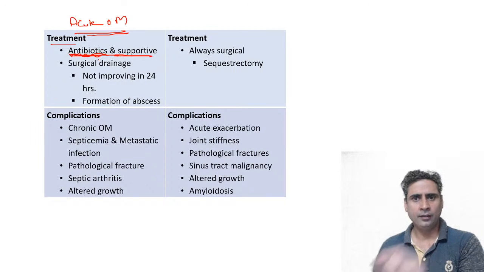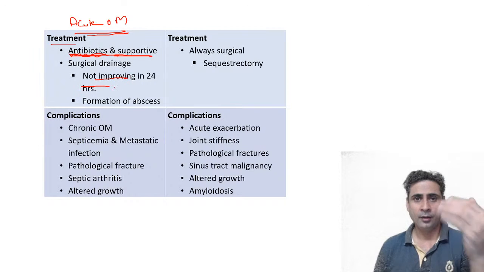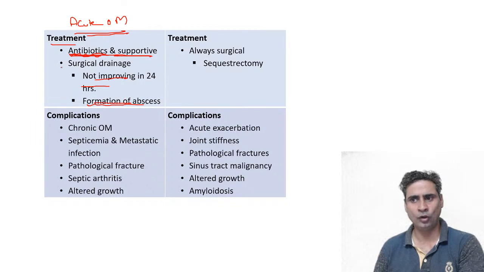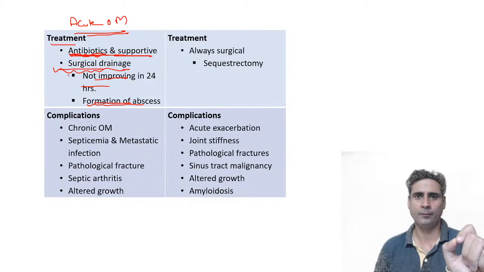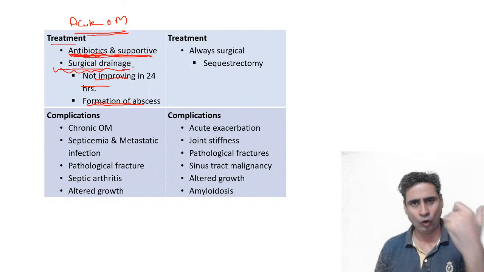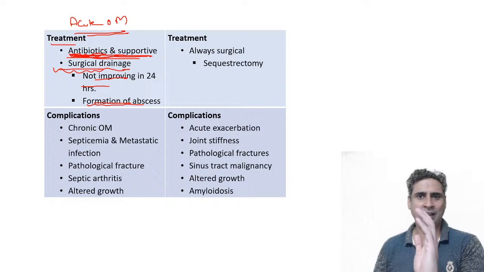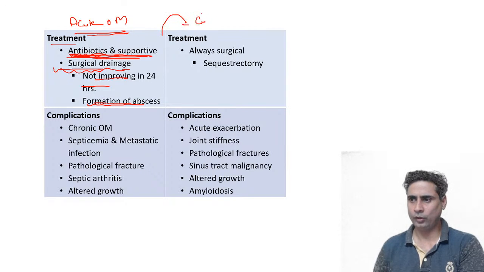If there is no improvement in patient's condition within 12 to 24 hours, or patient is directly coming to you with formation of subperiosteal abscess, in those cases surgical drainage of pus is required. Okay, so if there is no abscess formation, we can try conservatively. If there is abscess formation or patient is not improving within 12 to 24 hours of conservative treatment, surgical drainage of pus is indicated. Now, as opposed to that, in chronic osteomyelitis,